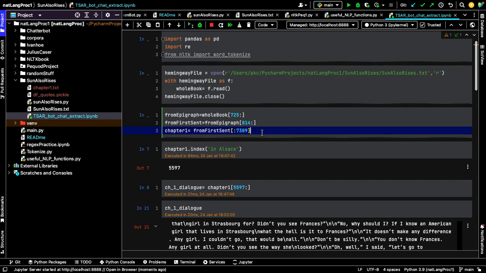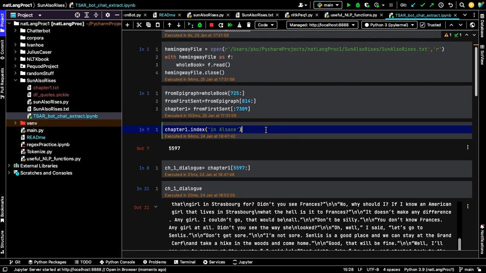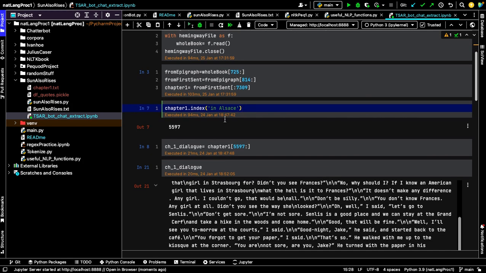This was just trimming out some of the garbage at the first, so that it starts off at chapter 1. So this is where chapter 1 starts, the start of the book right here. That's actually the first sentence.